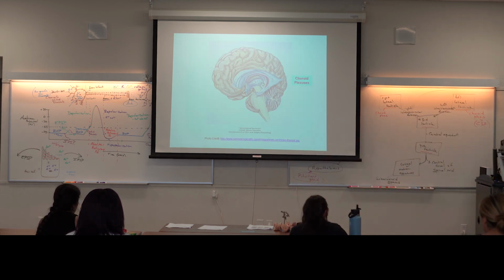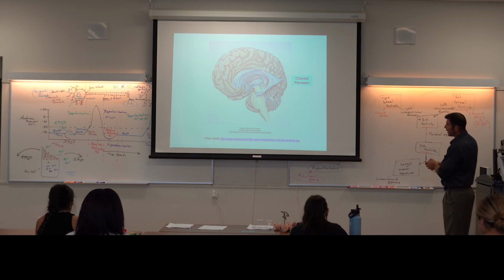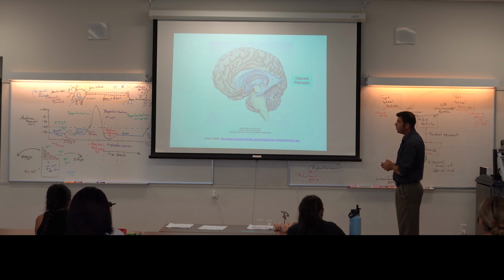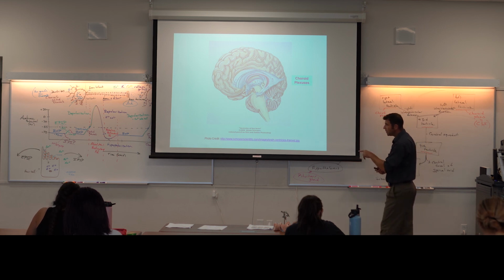Here's the same picture. We can see these large lateral ventricles. Each one has its own little choroid plexus that's producing that cerebral spinal fluid. So the little arrows just indicate the direction that fluid flows. It goes from these lateral ventricles down to the third ventricle, then down through that cerebral aqueduct to the fourth ventricle. And then from the fourth ventricle, we need to jump to this next picture,